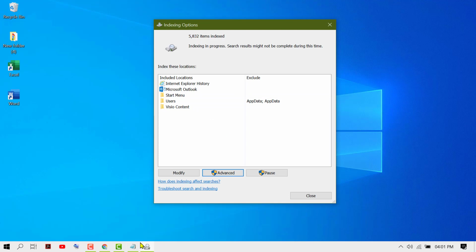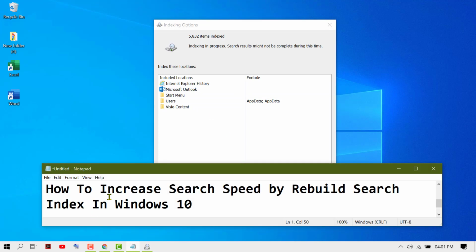So this is it, friends. By these simple steps we can know how to increase search speed by rebuilding the search index